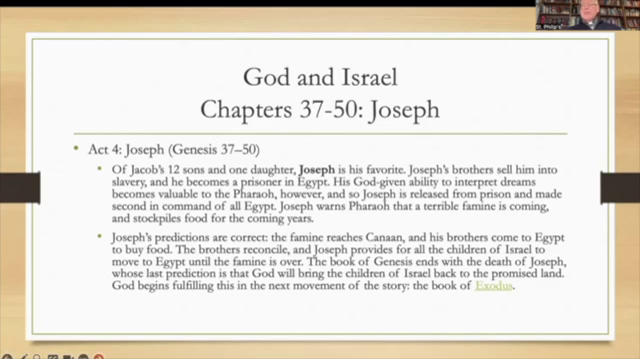Joseph's predictions are correct. The famine reaches all the way to Canaan, and so his father and brothers are starving. They come to Egypt to try to buy food. Joseph plays a little trick on them, but eventually reconciles with them. They're shocked to find out that he has survived and that he is so powerful. He welcomes them to Egypt, and they all lived happily ever after until